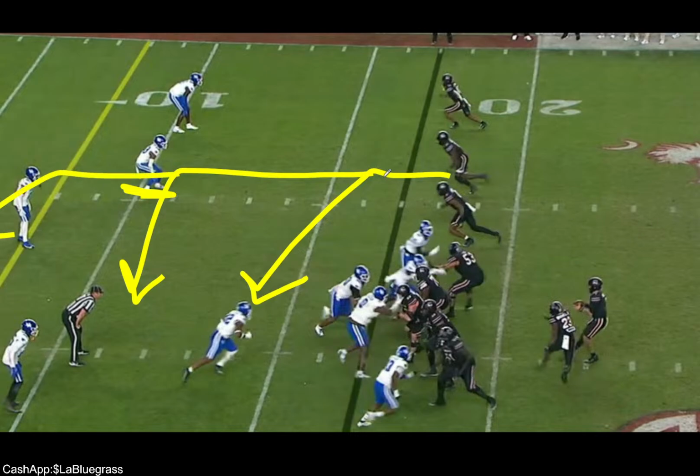Based on your alignment, it's going to be hard for you to stop the out. It's going to be hard for you to stop the comeback. It's going to be hard for you to stop the corner route. It just is. Now, anything hitch-wise, you have a chance because you're inside. But all these red routes are going to be hard for you because of your alignment.